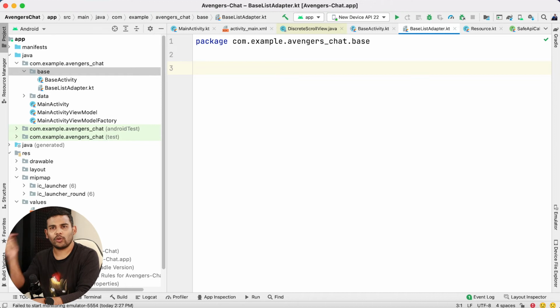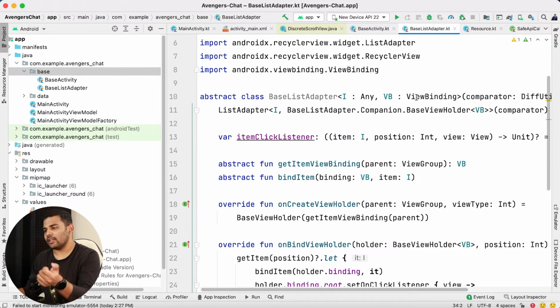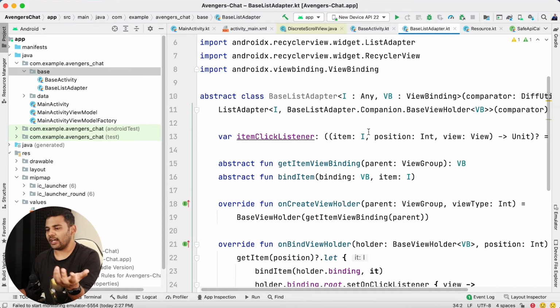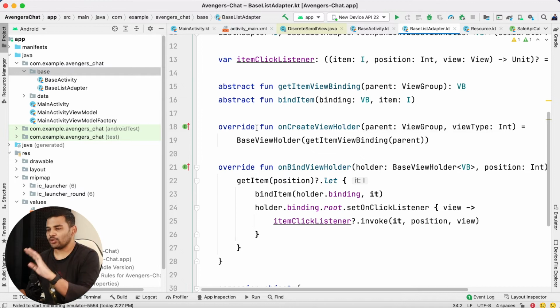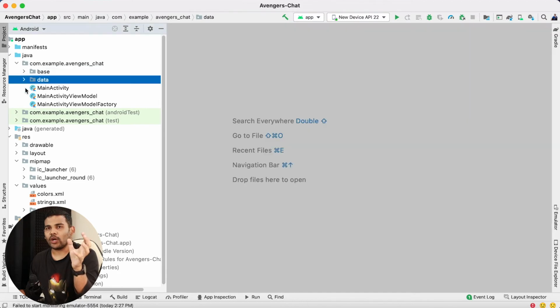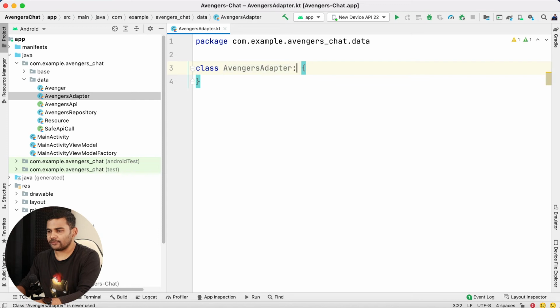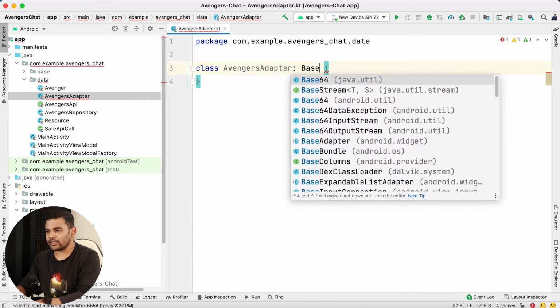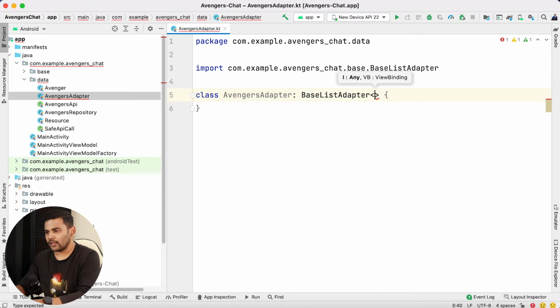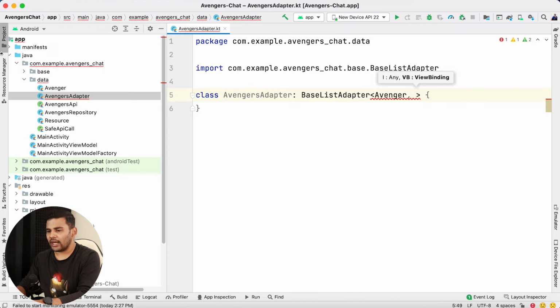and we are going to use the old code here. So we have the list adapter with view binding, and we have the click listeners as well. So everything is ready. Now we can simply use this BaseListAdapter to create our actual Avengers list adapter. So I will create one more class and name it AvengersAdapter. Now I will use the BaseListAdapter and pass Avenger as the item,